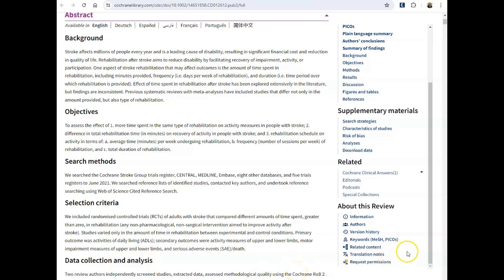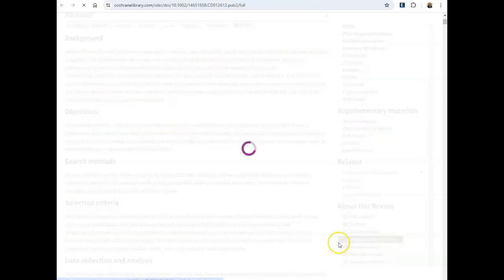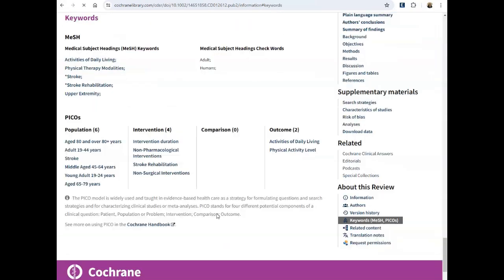And two final things I'd like to point out. One is under the keywords, you can see which MeSH terms were used to describe this review, and you can use those terms, jot them down, and then run more searches, and in this way you can find reviews that are either similar to this one or expand your search results. So if you notice here, you could also have used the word stroke, and you could have possibly used lower extremity, upper extremity, to describe